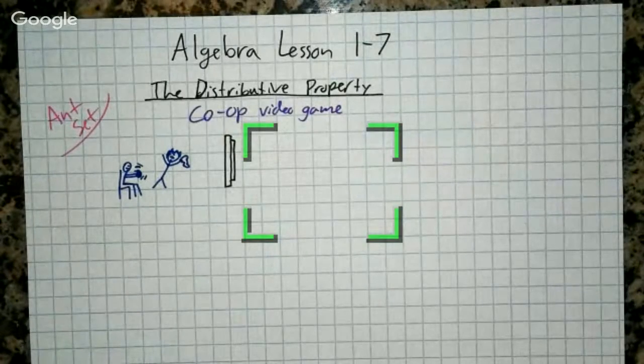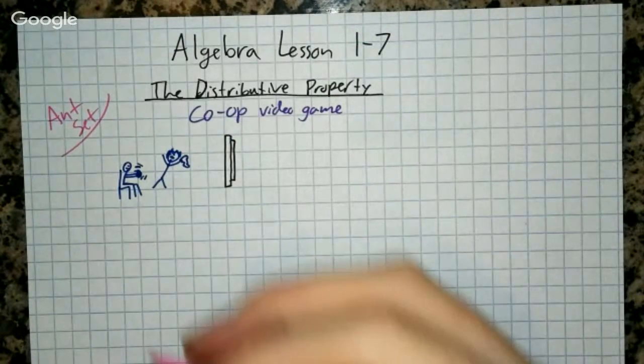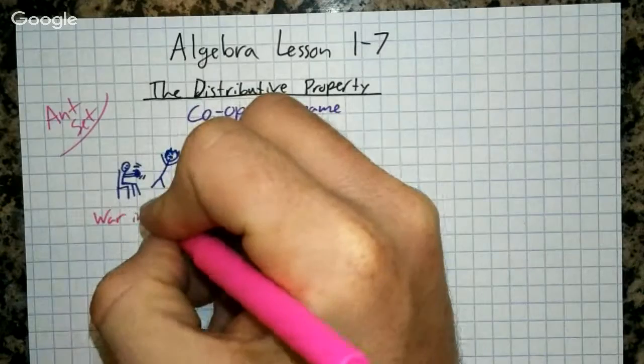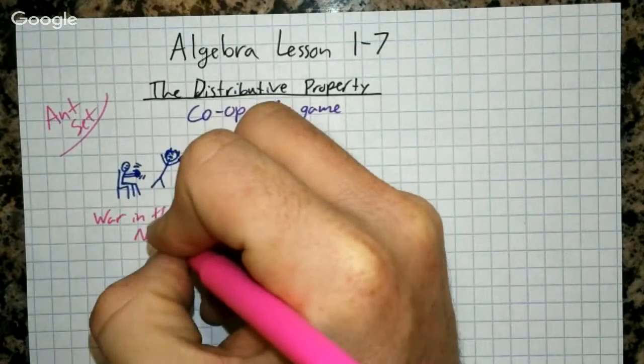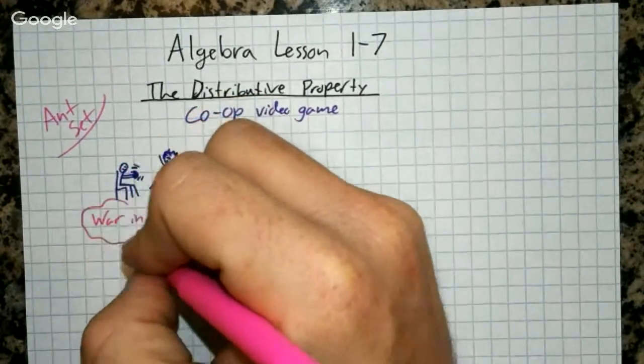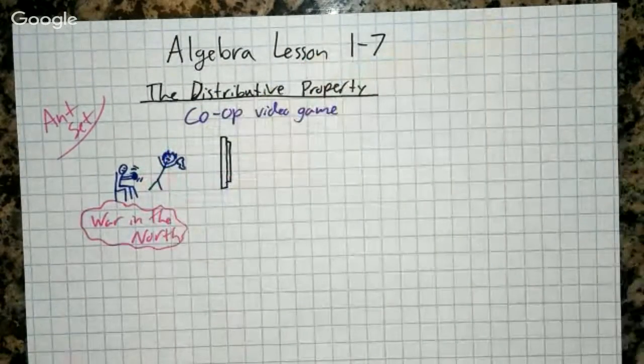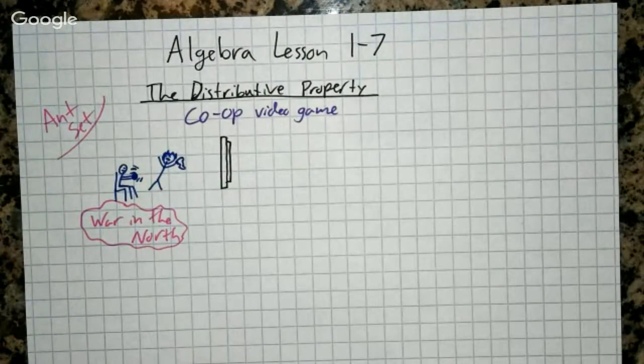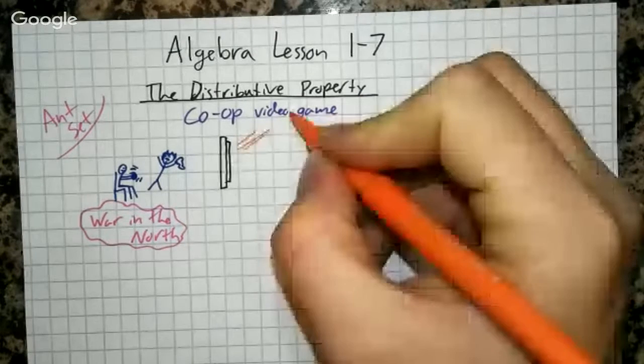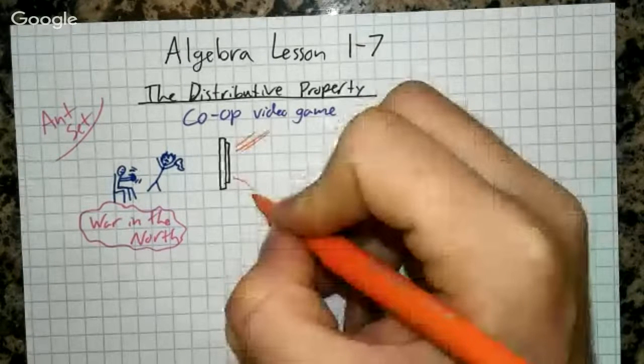As we were playing, the game was called The War in the North. Now, I guess it could be about the Civil War, which we'll be learning about, but no. This was about Lord of the Rings. This was a game where we played as characters from Lord of the Rings. So let me give you a little peek inside of our video game. In this game, you're part of a team. So inside the TV, you were part of a team.